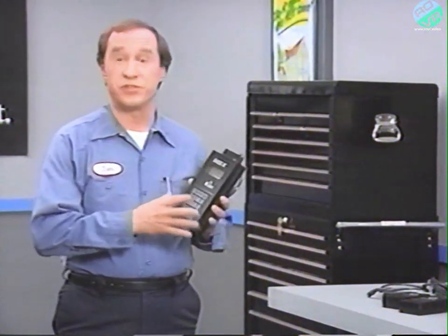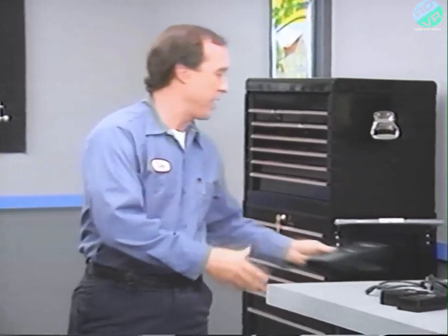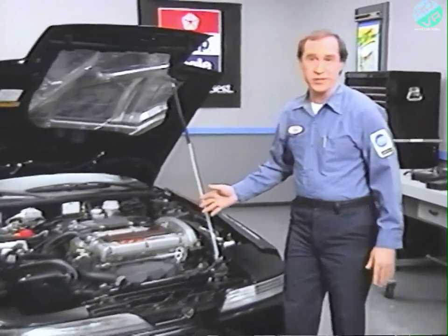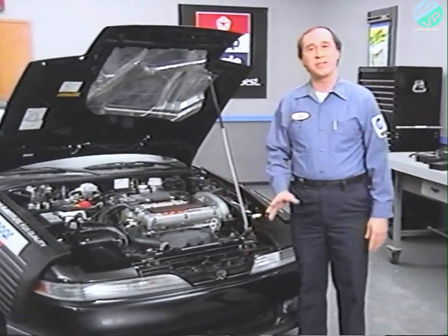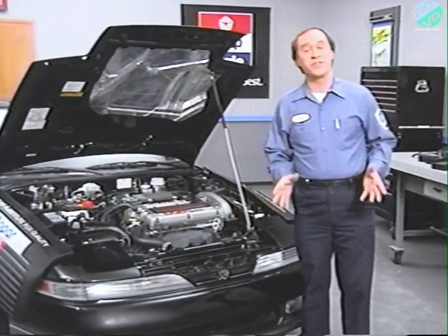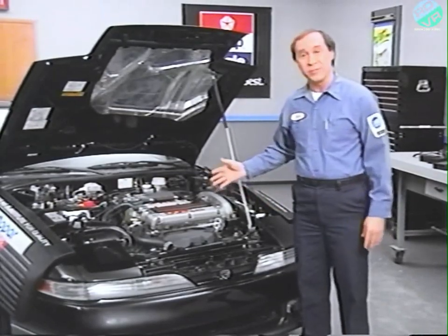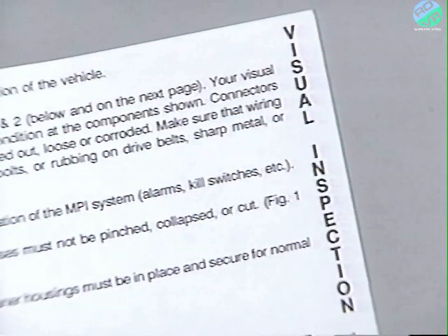The DRBII is very useful, but remember, it's a problem-solving device, not the answer to all drivability problems. Remember the basics. Always begin diagnostic procedures with a visual inspection of the vehicle's components. Now, you may be wondering why we place such special emphasis on the visual inspection. The visual inspection is very important because there are some things the ECU can't determine to be in good working order. At the beginning of each Diagnostic Procedures Manual is a list of critical items to check which might be